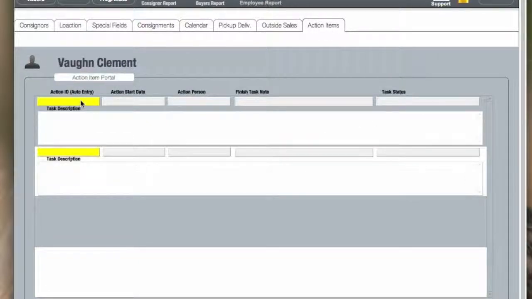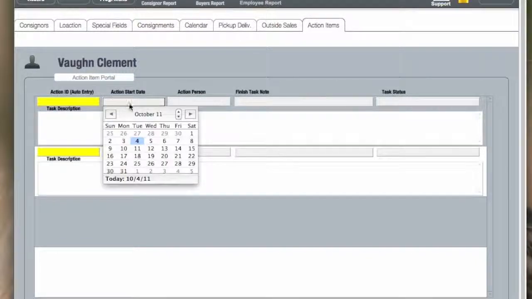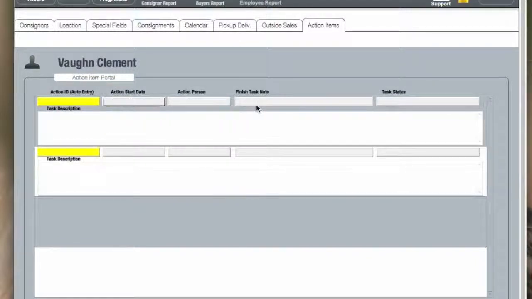Action items are items for this particular consignor or the store where you have to do something for this consignor. This could include special surface repairs on items or repairs on the item themselves where you may want to charge a